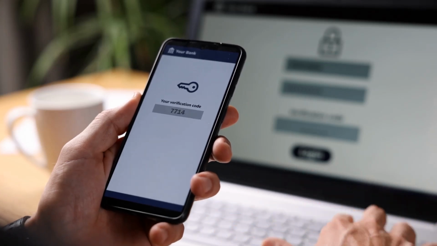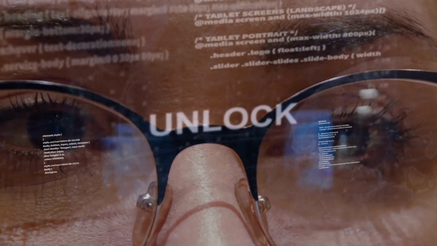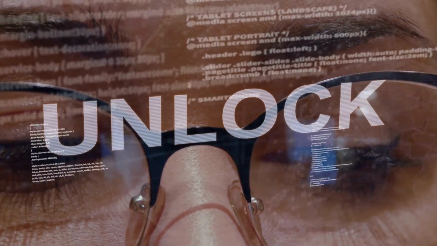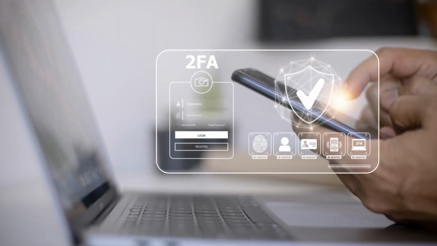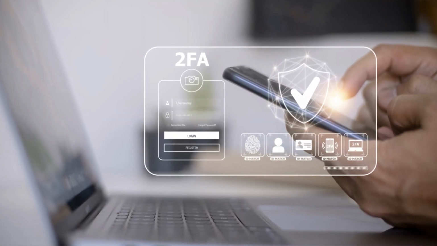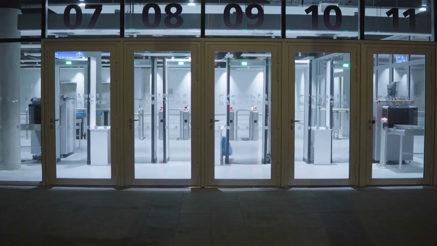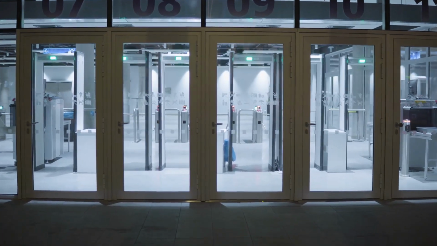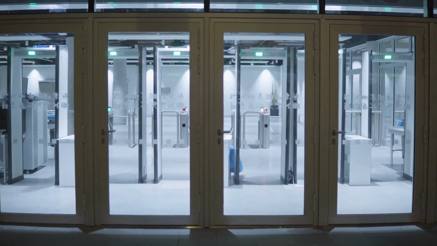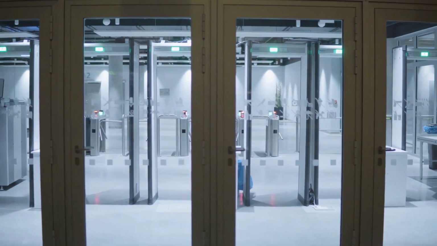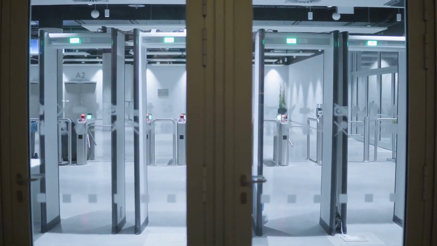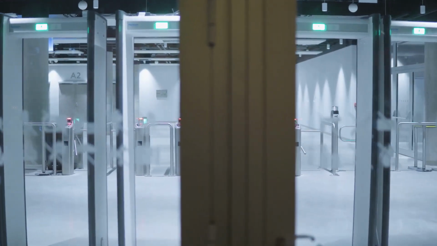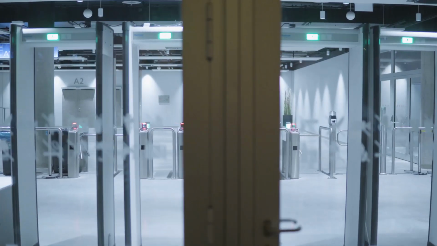Authentication, in its simplest form, is the process of verifying one's identity. It's a crucial step in ensuring that only authorized individuals gain access to certain information or areas. Imagine trying to enter a high-security facility. The guards won't just let anyone in, they need to confirm your identity first. This is done to protect sensitive information and ensure that only those with the right credentials can enter.